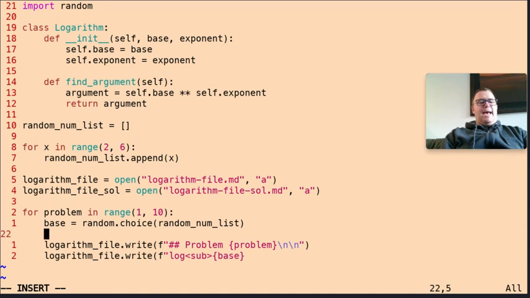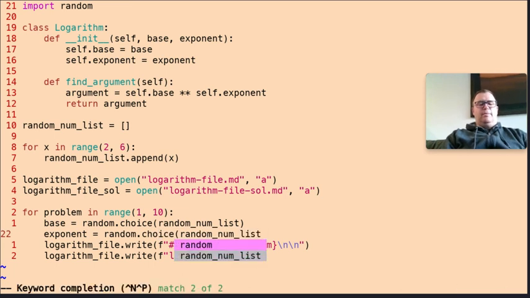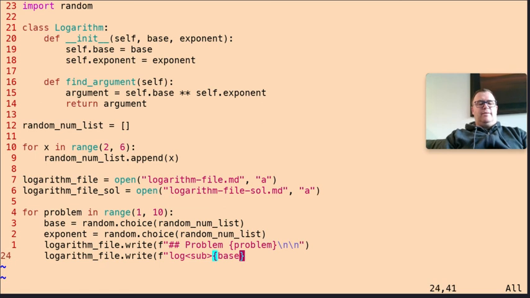And we're also going to have the exponent as the same thing, equals random.choice, and we have to pass in the random number list, okay? So that's going to give us a random base. All right, so now we're done at the base. I'm going to close out this subscript tag, and then we want to pass in